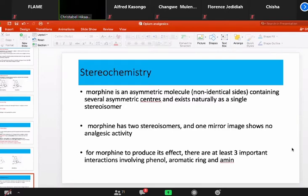So when you talk of stereochemistry, you are talking about the same drug, same functional groups, but only different orientation in space. It can be the same drug, same everything, but the difference is that one is S, the other one is R. And because of that, they are going to have different pharmacological effects. An example would be thalidomide, which I don't know if we talked about in your class or the other class, where it was discovered that one form of it, I've forgotten whether it was D or S, had the desired pharmacological effect, while the other form caused